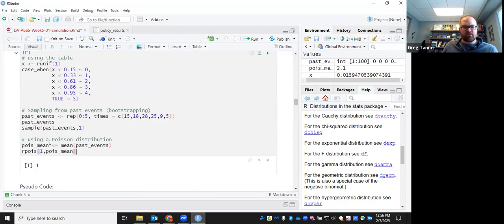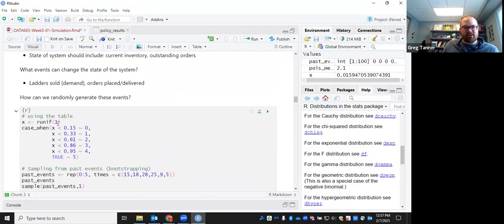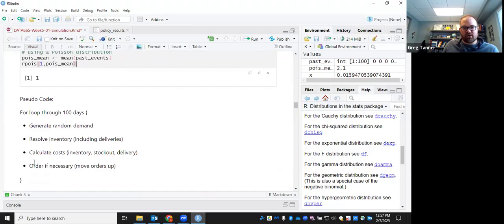And so, yeah, we can use a Poisson distribution. And so if you think your situation matches up well with a known distribution, use that distribution. That's a good strategy to use. Okay. Now let's talk about the overall pseudocode for simulating